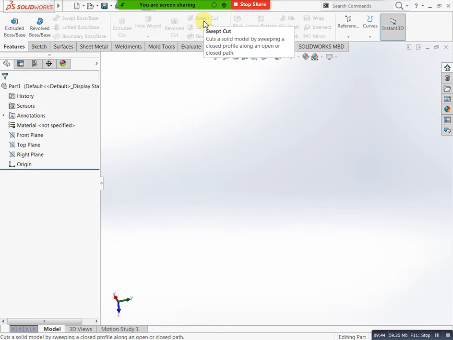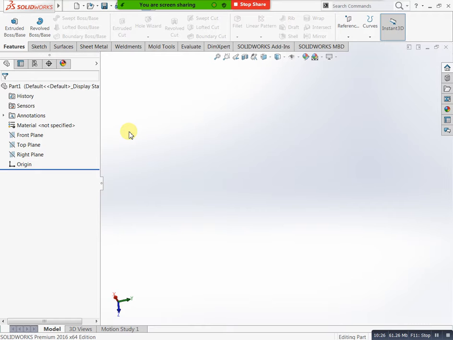Why? For example, you will take any mechanical geometrical shapes. We have rectangular, square, and elliptical or circular. Most of the conditions we can see only this model. If you need any type of designs, that condition we need to use other tools. Most of the conditions we can see only these four geometrical shapes: rectangular, square, circular, and elliptical. Depends upon those models we can create different designs and different mechanisms easily. Okay, next we completed swept boss or base and swept cut.